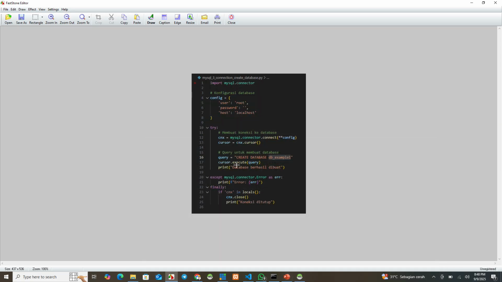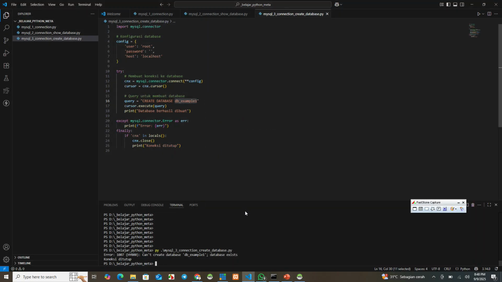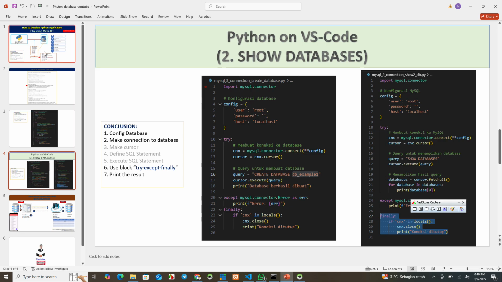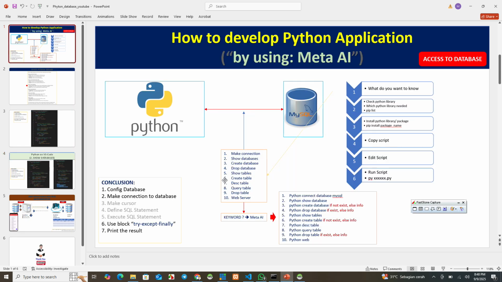Same with this, we can also make a drop table. If you want to make a drop table, we can also make a drop table here. If the table exists; if the table does not exist, make info.